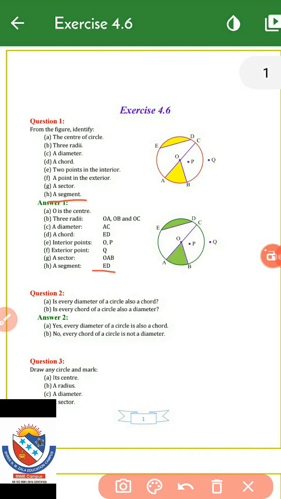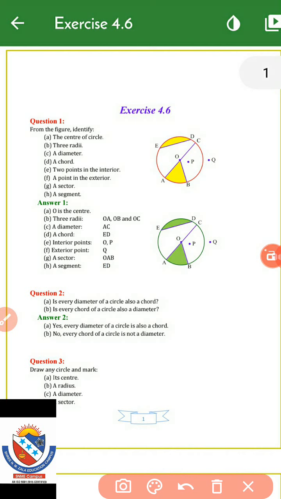Now question 2. Here it has been asked, is every diameter of a circle also a chord, and second, is every chord of a circle also a diameter? For the first one, it is true, yes, every diameter of a circle is a chord of the circle, but not every chord of a circle is a diameter of the circle, because